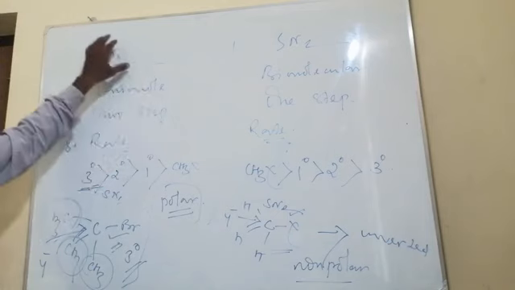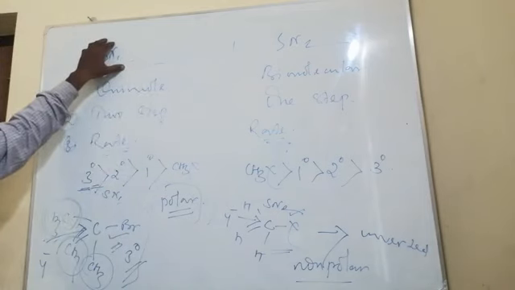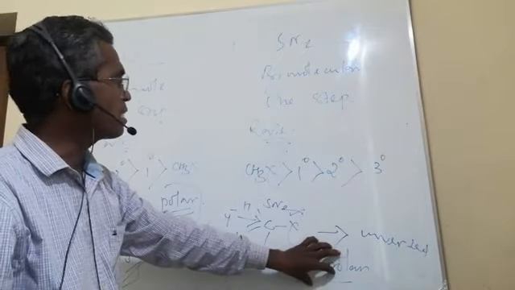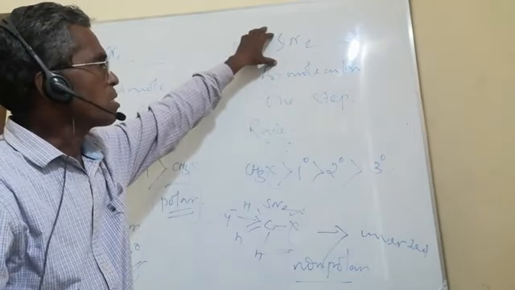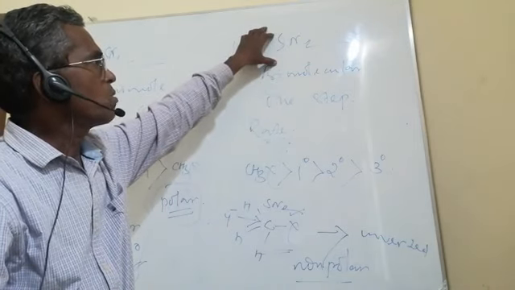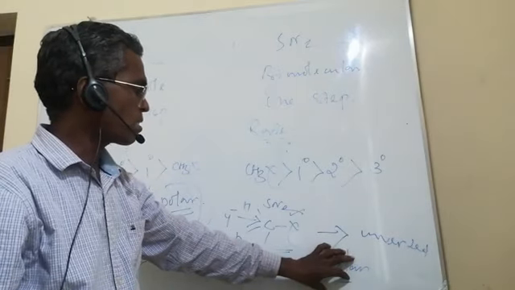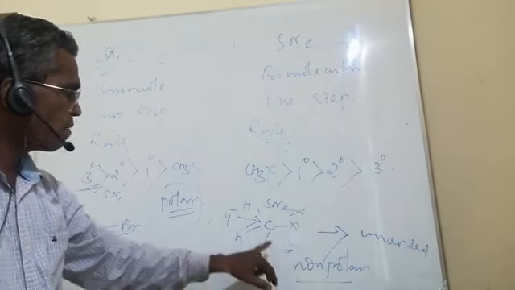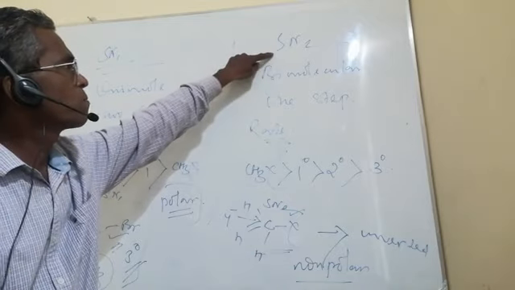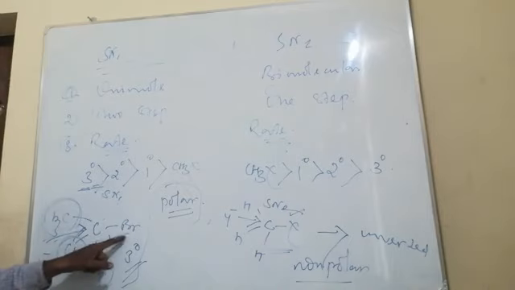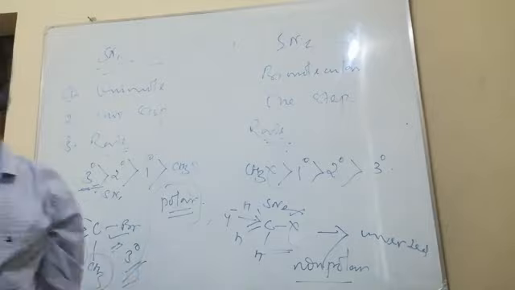Polar solvent favors SN1, that is, it takes place smoothly via the SN1 mechanism if the solvent is polar, and if the solvent on the other hand is non-polar, you can have the SN2 substitution smoothly. So with non-polar solvent, methyl halide very much favors SN2 substitution. With polar solvent, tertiary butyl, that is a tertiary alkyl halide, very much favors SN1 substitution.